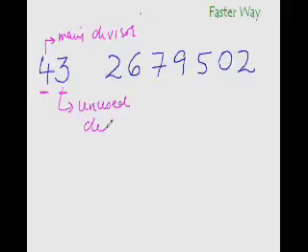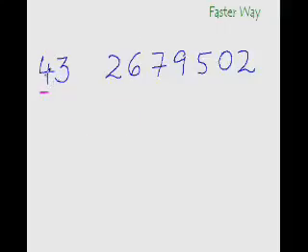As the name suggests, we are not going to use it much to divide. Now the logic is that dividing with 43 might be difficult, but dividing with 4 is not, isn't it? So we'll be dividing with 4 all the time. Let's see how we go about it. Now 4 how many times will be 26? So 4 6 times is 24. So write 6 here. This is our answer digit.